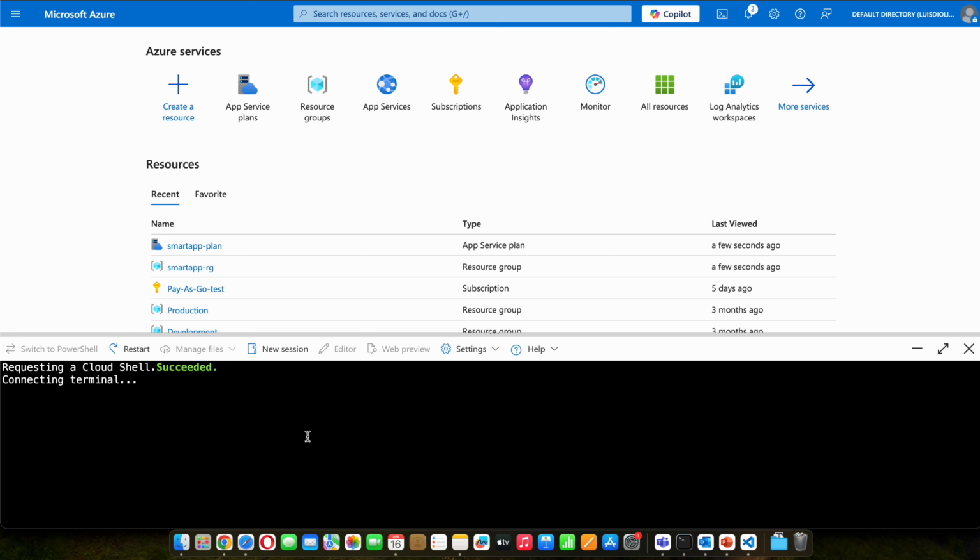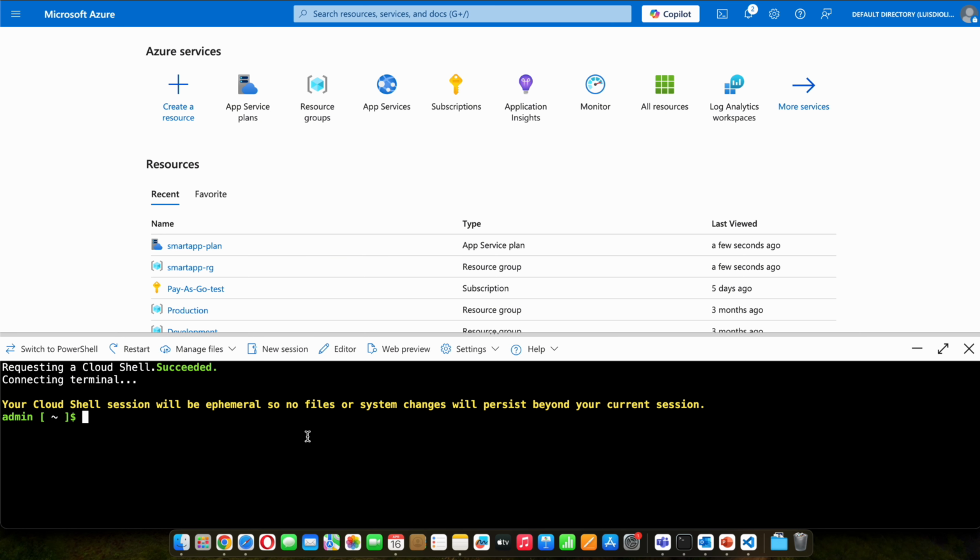Once you click the Cloud Shell icon at the top of the Azure portal, if it's your first time using Cloud Shell, you'll be prompted to configure the storage. So go ahead and follow the instructions. And once your shell is ready, we want to enter the following command. We are going to create a web app, so we need to use the az command, and we will specify a few parameters, such as the name of our web app, the resource group, the plan, and also the runtime. To begin, we are going to write az webapp create,